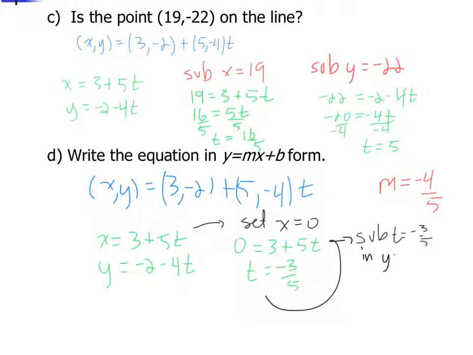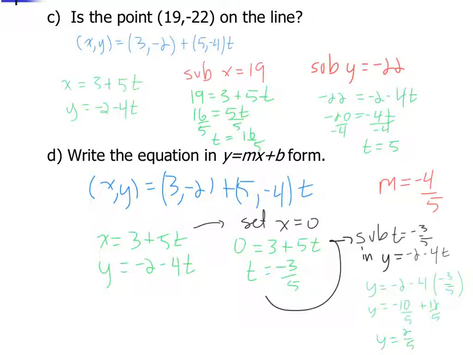In y equals negative 2 minus 4t. So when we do that, we get, pardon me, y is negative 2 minus 4 times negative 3/5. Looking ahead a little bit, I know I'm going to need a common denominator of 5. So negative 2 is negative 10 over 5, then plus 12 over 5. So the y here is 2/5, which ends up being our y-intercept,